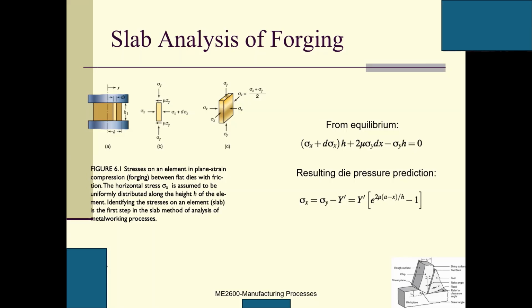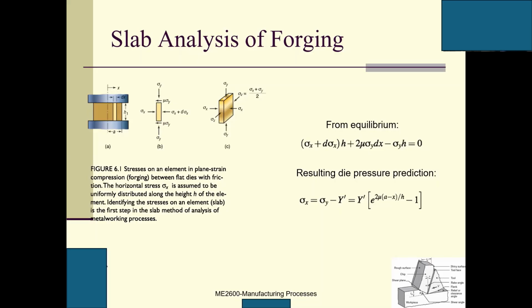So this one multiplied by h multiplied by t equals the force on this side. And plus 2 mu. Why is it 2 mu? There is one on each side. 2 mu sigma y is a stress,